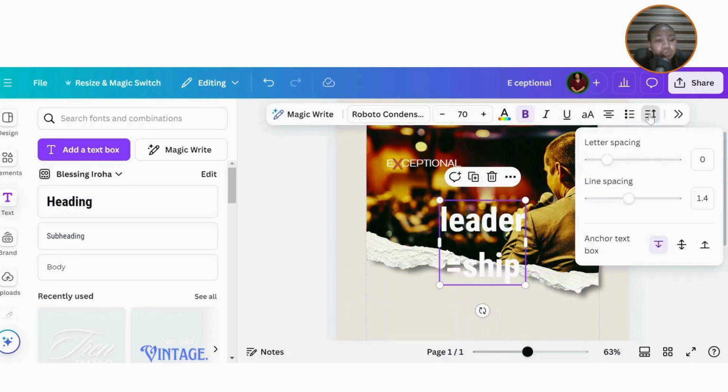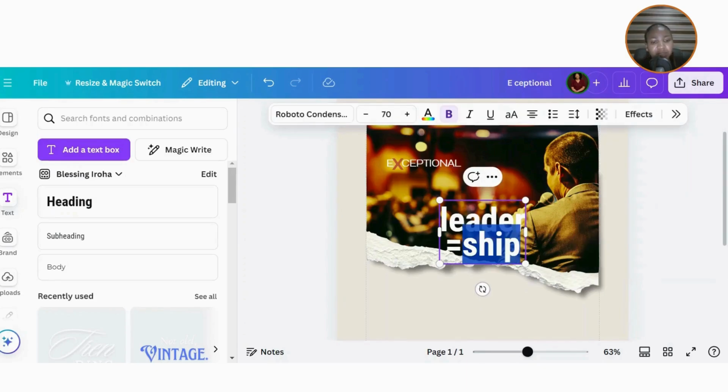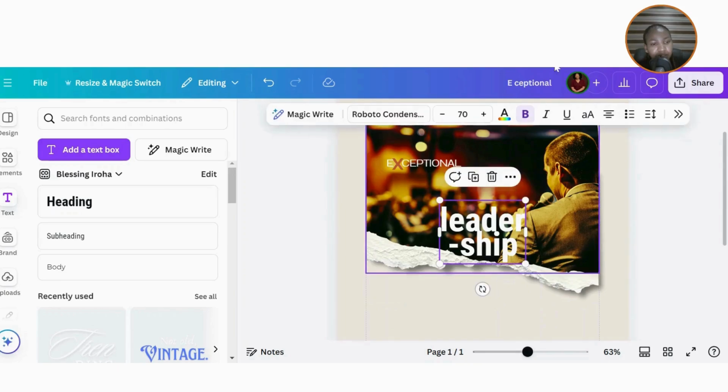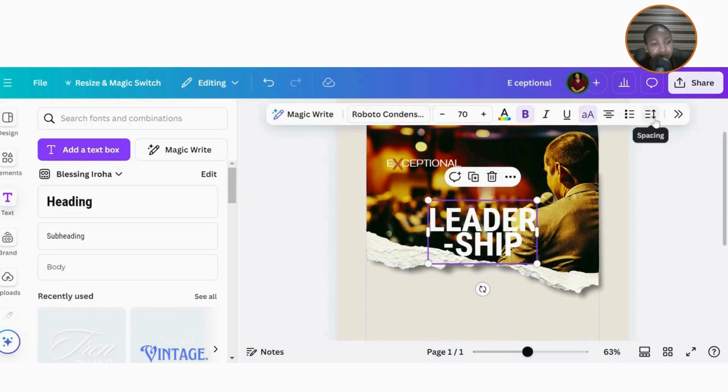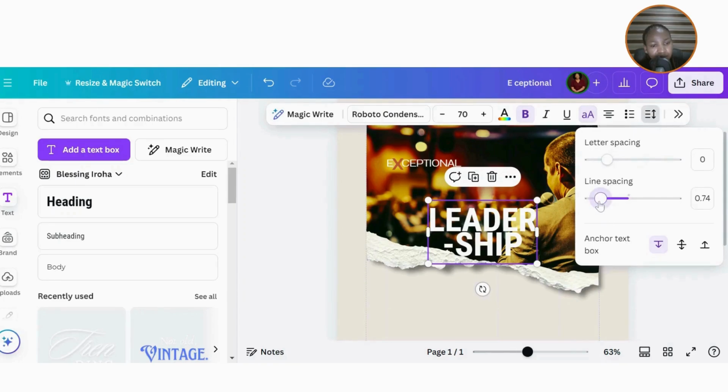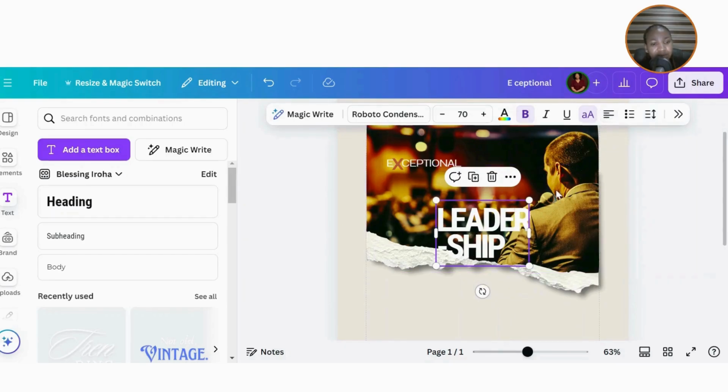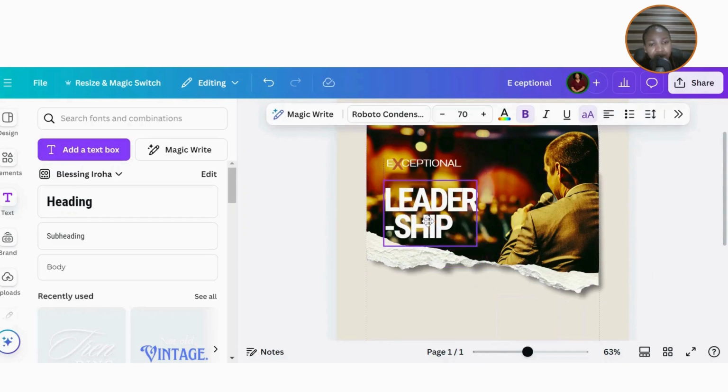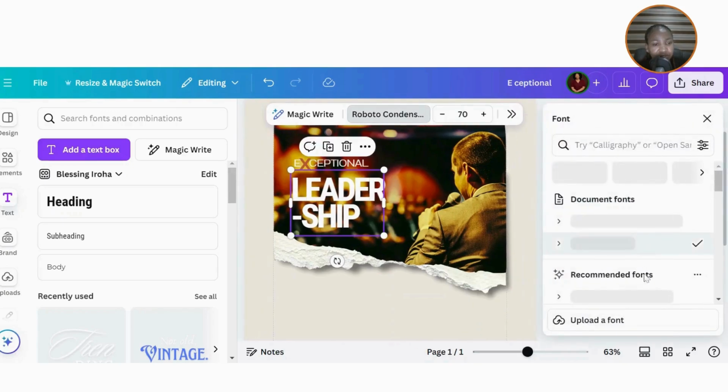I need to reduce the line spacing. Okay, we entered the wrong sign here. Change this to uppercase. Also need to reduce the letter spacing. Okay, then let's change the alignment to left and then go to font to change the font to